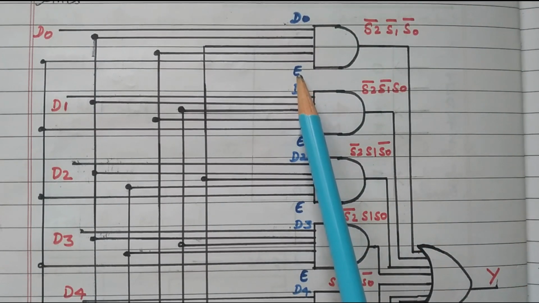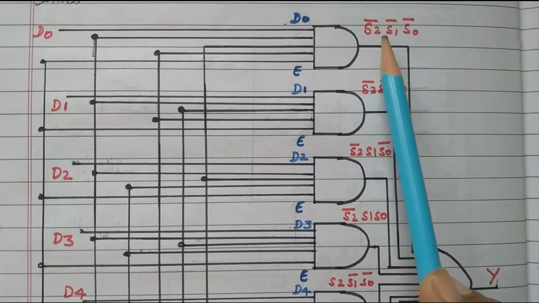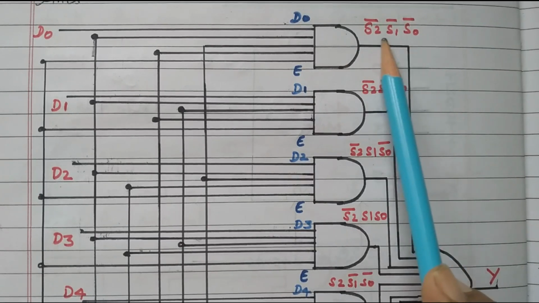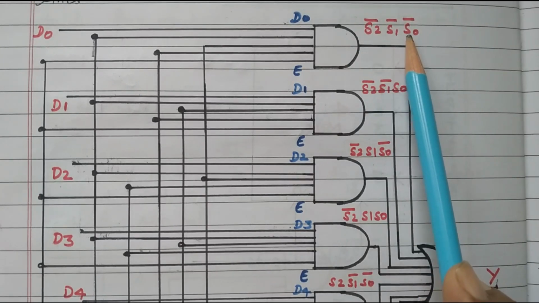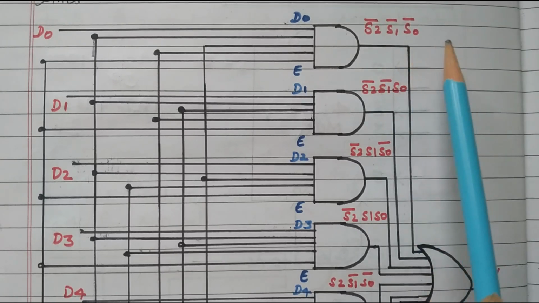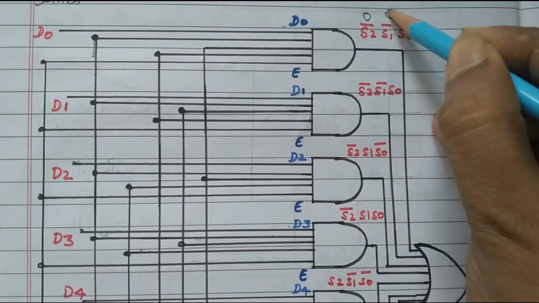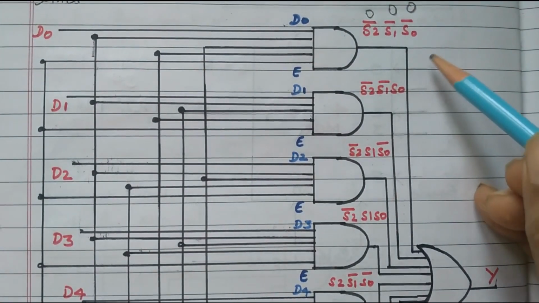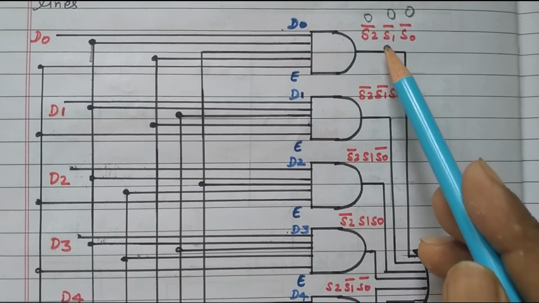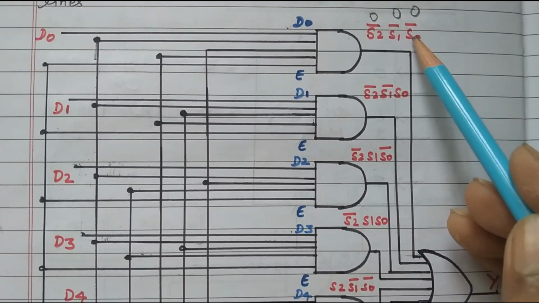In the first AND gate, D0 is connected, enable is connected. Enable is already 1, always 1, it is enabled. See how it is connected: S2 dash, S1 dash and S0 dash. The first AND gate is connected with the complements, not S2, S1, S0 directly. In the truth table we already discussed, for 0 0 0 we are getting D0 as the output. How is it possible? See this, all are 0, but S0 is 0,